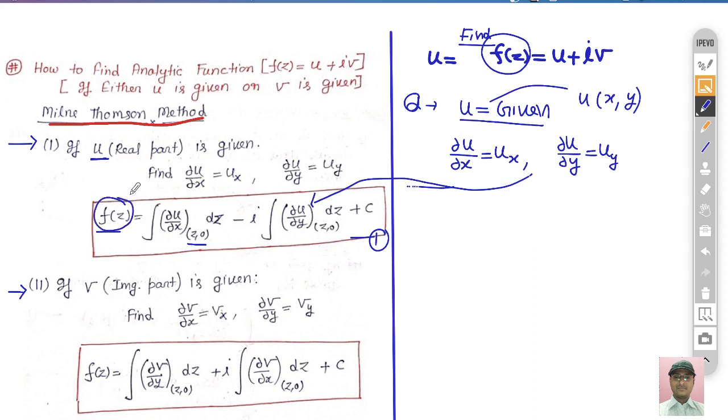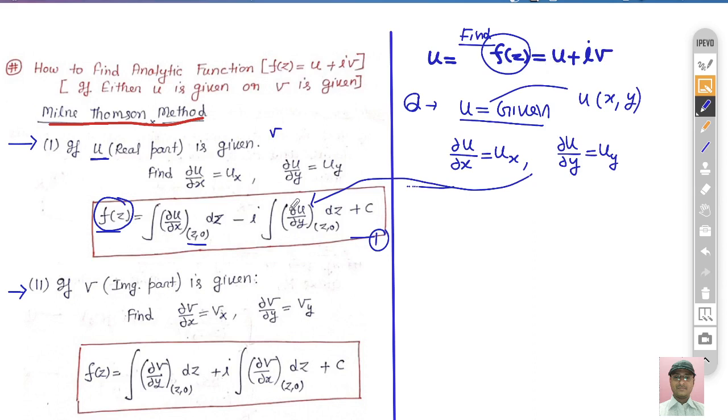So this is the first way to find out the value of f(z) if u is only given, right? This is a very simple process to find out the value of this f(z). But again I repeat the same thing, in a GATE exam try to use the Cauchy-Riemann equation, as in the last lecture we have already done how to find out the value of the imaginary part. If u is given, you can easily find out the value of v, right? If both the real and imaginary parts are known, you can directly put them here and get the result, right? This is the simple technique to find out the value of the complex function.